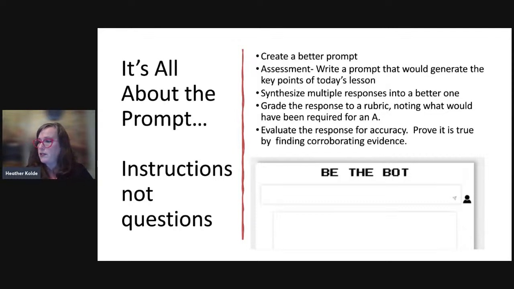Be explicit with the standards there. What tone do you desire? What format? Do I want slides? Do I want an outline? Do I want paragraphs or guiding questions? What is it that I'm looking at?